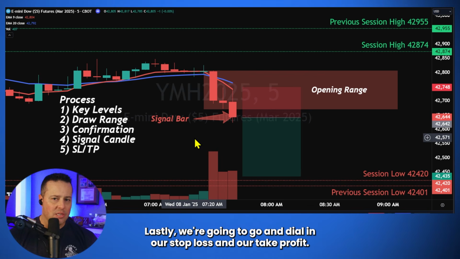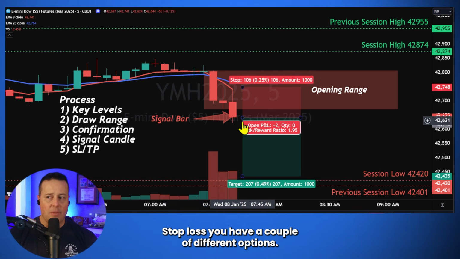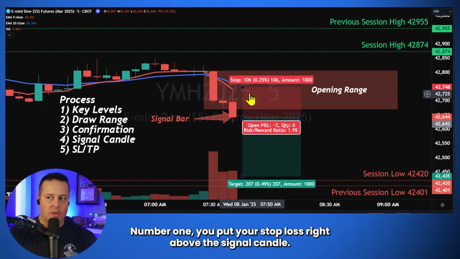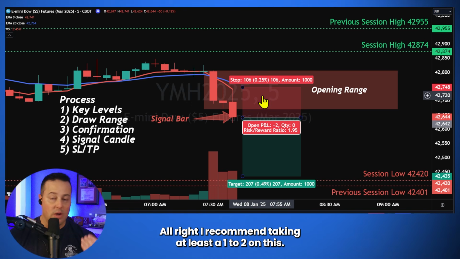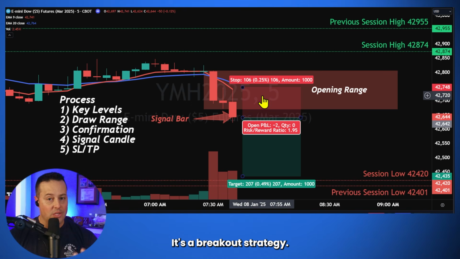Lastly, we're going to go ahead and dial in our stop loss and our take profit. Stop loss, you have a couple of different options. Number 1, you put your stop loss right above the signal candle. All right, I recommend taking at least 1 to 2 on this. It's a breakout strategy. 1 to 2, 1 to 3s, 1 to 4s can be very lucrative if you get